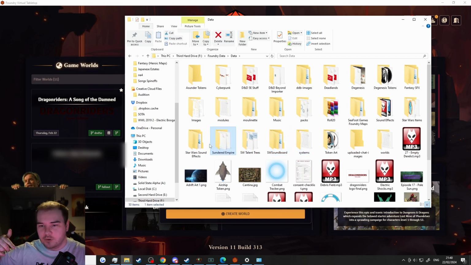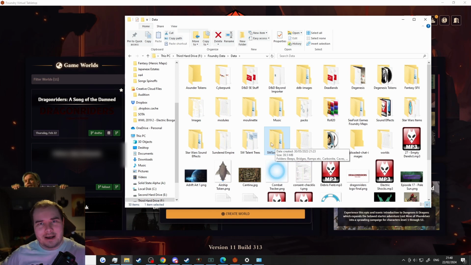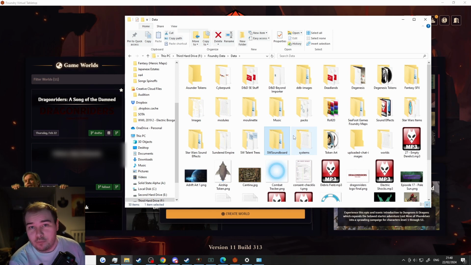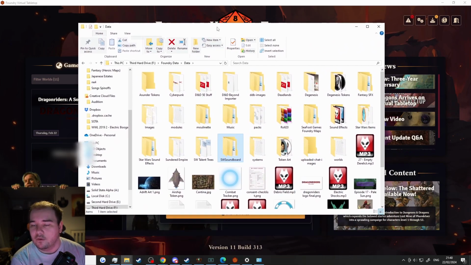Star Wars sound effects, and then I've got my Star Wars soundboard, which is a separate folder because I use a soundboard and sound effects. It's complicated. I do weird things. Basically, what I'm saying here is that you can put other stuff in here than just what Foundry puts in here. But this is the Foundry data folder, and the folder it's going to